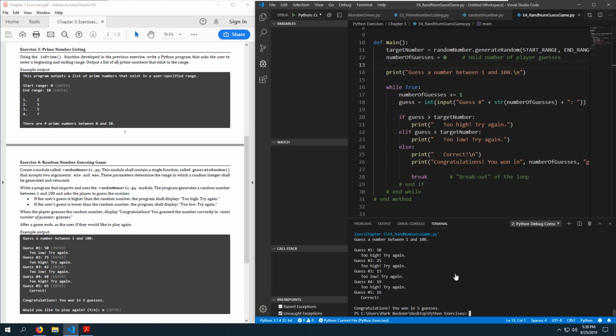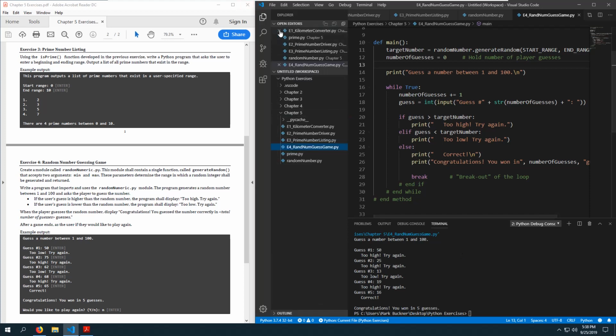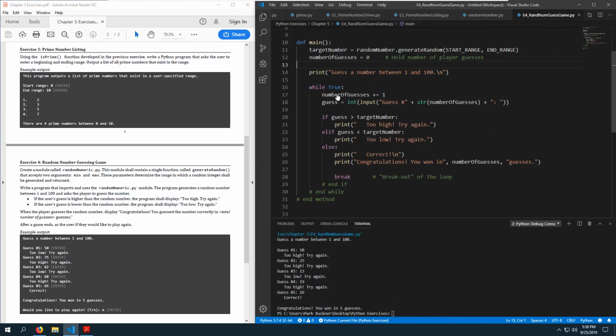All right, the final aspect of this program is that we have to repeat until the user enters in. So we have to ask them if they want to play again. There's a couple of ways we can do this. One of the easiest ways, and I think what I'm going to do to make this as easy as possible on myself, I'm going to create